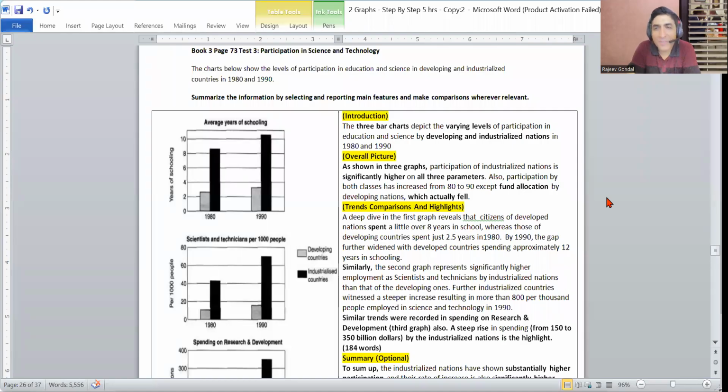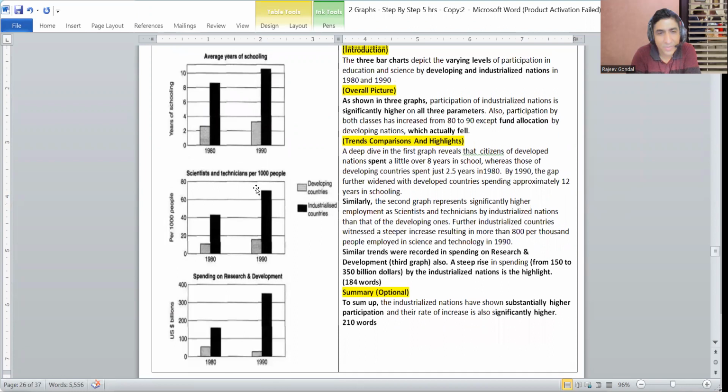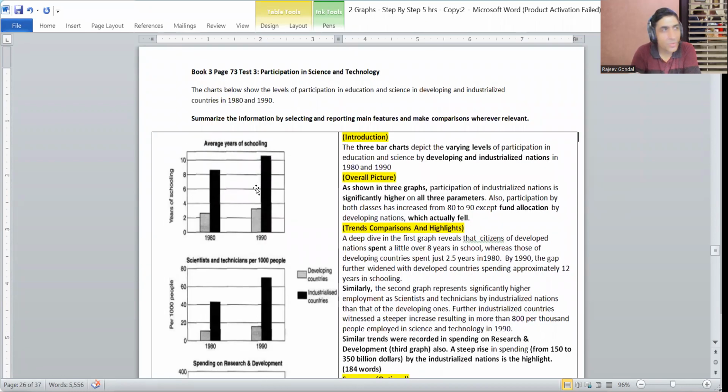Hello, IELTS winners. In the next 5 minutes or so, we are going to learn how to write IELTS Task 1, a bar graph, especially in scenarios where you are given three different graphs, as you can see here. The first thing you should do is analyze the question, see what it is saying, and write your answer